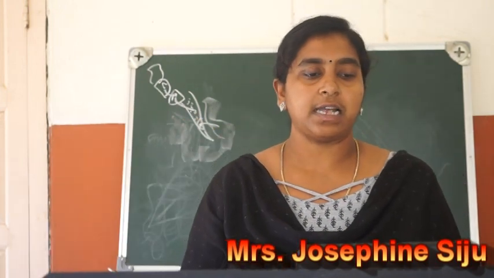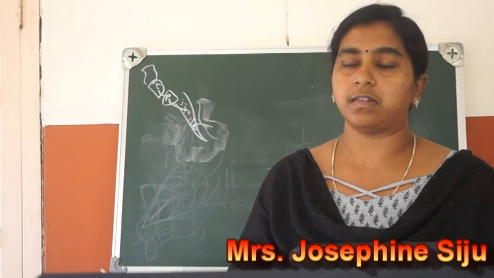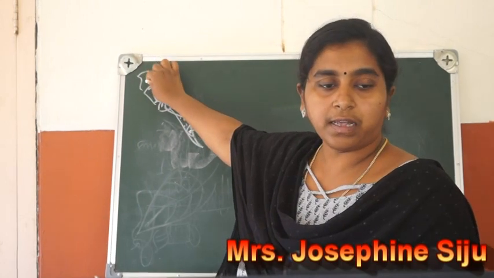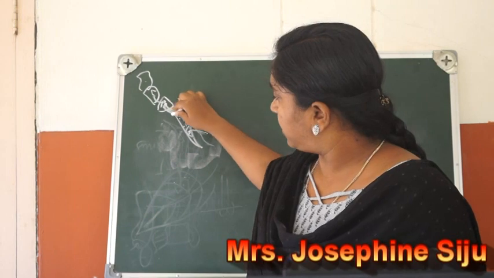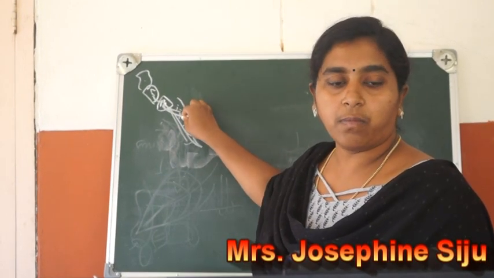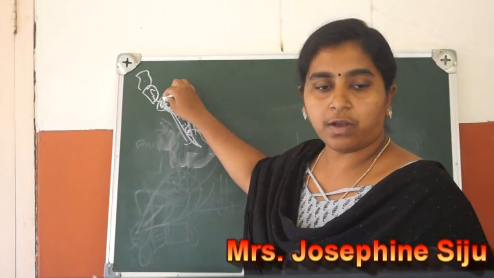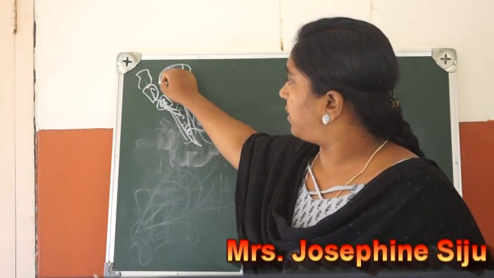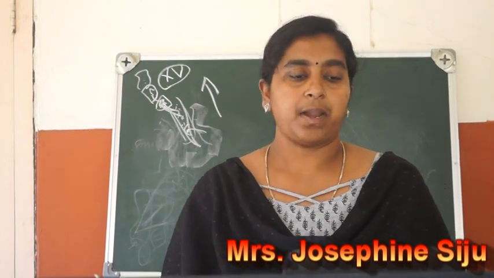Turgidity acquired by the cells in the process also helps to push the water upwards through the xylem cells. So as there is turgidity from one cell to the other, the water is moving from one cell to another. For example, this root hair is becoming turgid, so it is not able to absorb more water. So the water from this root hair moves to the adjoining cells. In that way it keeps on moving, then it reaches the xylem vessels. From the xylem vessels, the water moves to the upper regions of the plant.